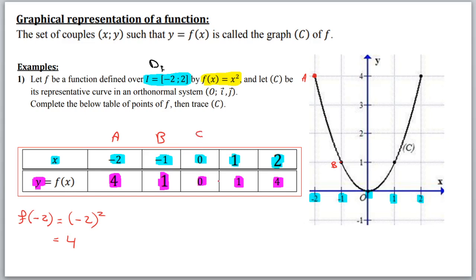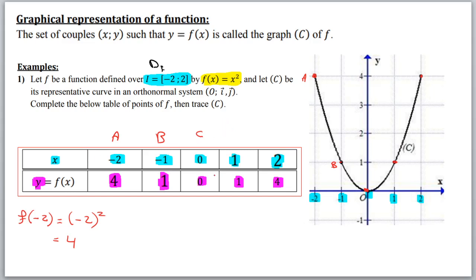Point C: 0, 0, so x is 0 and y is 0. 1, 1, so x is 1 and y is 1. 2, 4, so x is 2 and y is 4. Then, using your pencil, you can join all these points together, not by the ruler, by the pencil. And no worries, in this year in grade 11, رح ناخد by details how to draw a graph. Okay? بس هودي يعني revision, refresh your memory كيف نرسم الجراف، شو هو التابل of numbers table